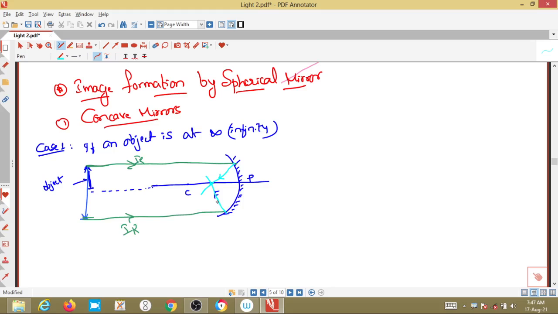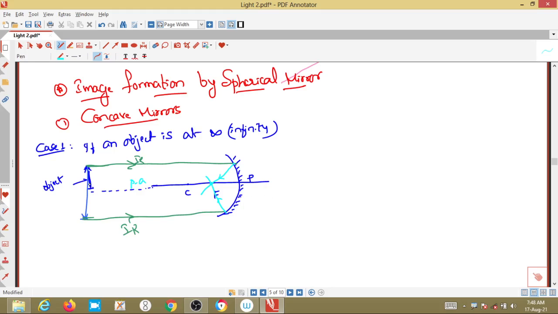Here is the reflection. So whatever the image of this particular object, which is very big, but it is placed at a far distance, that is infinity, and the rays coming out from the object are parallel to the principal axis. This is the principal axis, and the rays get focused on the reflecting surface, and will get focused to the point, that is the principal focus.